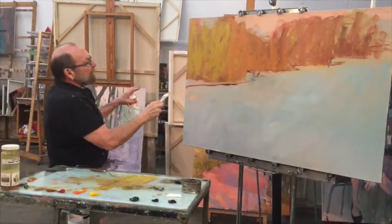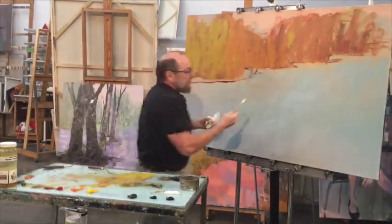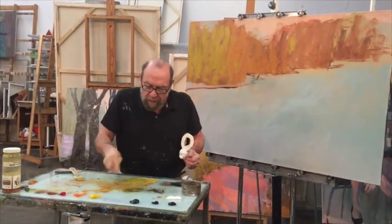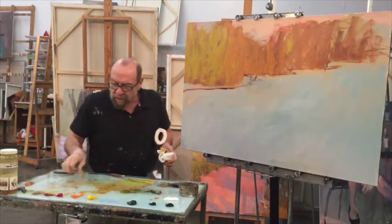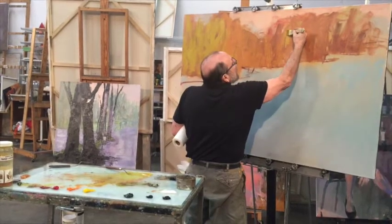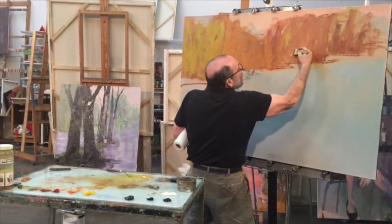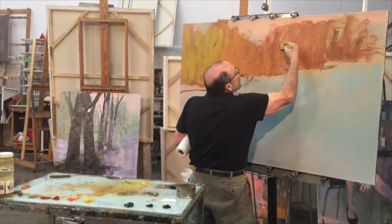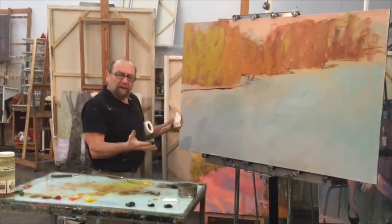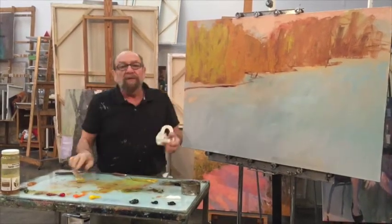Now I'm going to come back and start to give this a sense of a forest. And I'm going to do that by gathering my green gold into a pile, by remixing my burnt orange. And what I'm going to do is have enough paint here so that I can scoop some of the burnt orange up and begin to darken the base of this mass and pull some of the lighter color down into the dark and some of the darker color up into the light. So in order for me to do that, I have to mix up some of these colors and reapply them so I have a stronger base to each area, and that will allow me to play this game